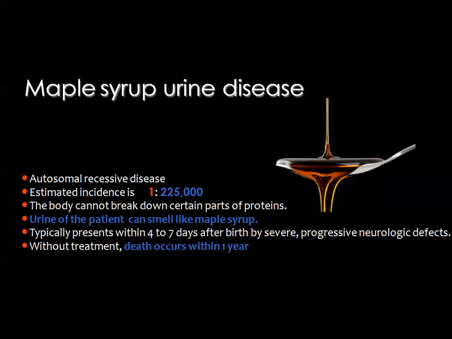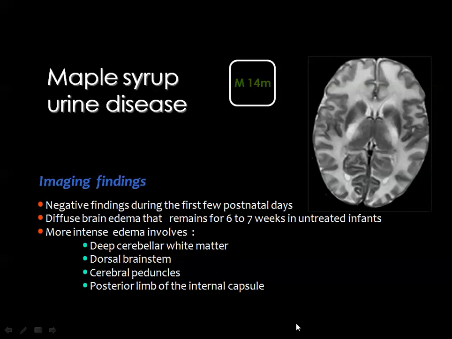And the second disease in this group is maple syrup urine disease. This is an autosomal recessive disease, and compared to phenylketonuria it is far rarer, and the incidence is 1 in 225,000 population. This disease results in inability of the body to break down certain parts of the proteins, and this will result in urine which can smell like maple syrup, and hence the name of the disease. Without treatment, the patient will die within 1 year, and the main manifestations